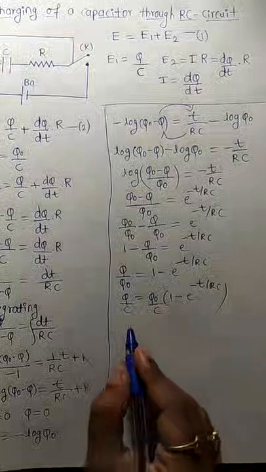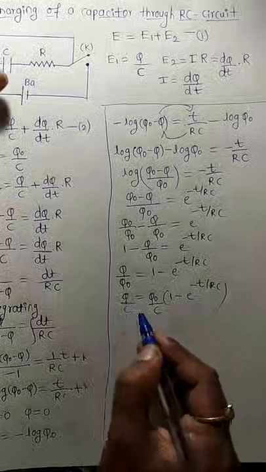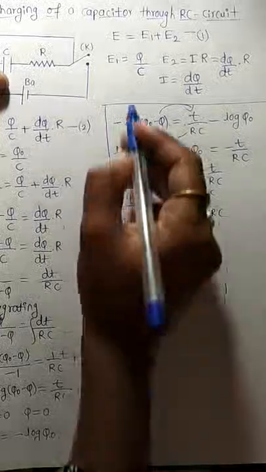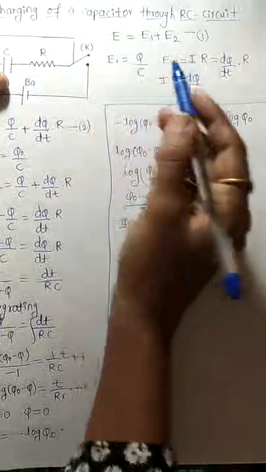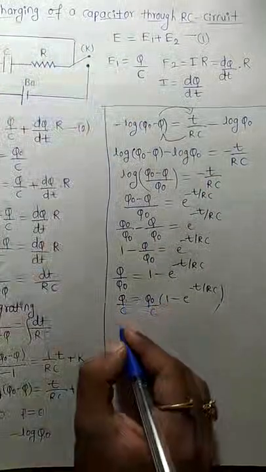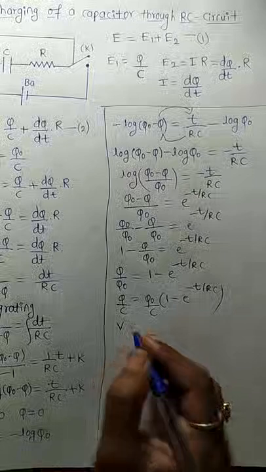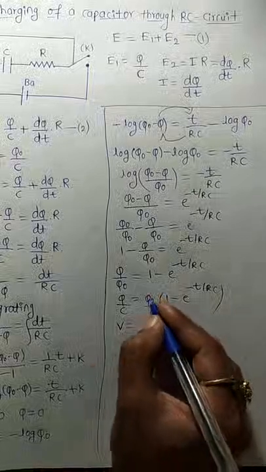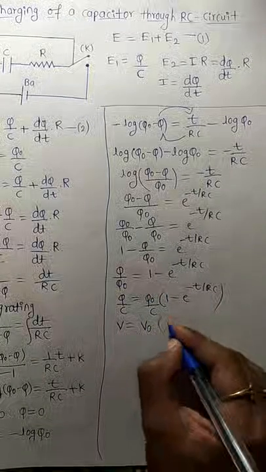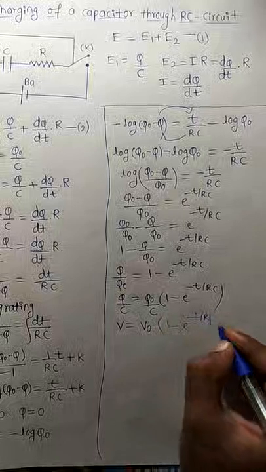If it is divided by C on both sides, already you know charge divided by capacity is voltage. And maximum charge divided by capacity, this is the maximum voltage we got. So already we know Q by C means voltage. Now that voltage, here I wrote E, in terms of E1 I wrote. Here I'll write it as phi. So voltage I'll write as phi. As it is a maximum charge, means a maximum voltage, can I name it as phi naught? So phi is equal to phi naught into the bracket 1 minus e raised to minus t divided by RC, we got.